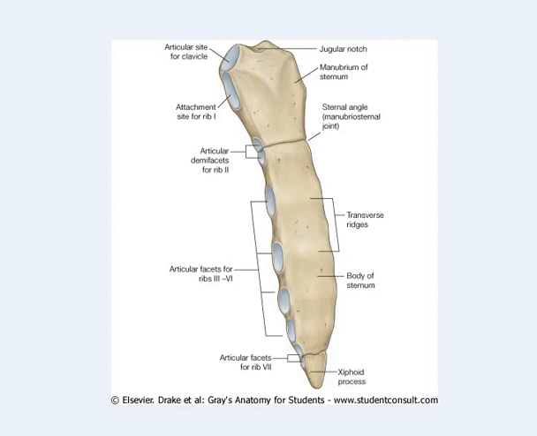Hello students, in the last class we have started the osteology of the thorax and we have discussed the ribs of the thoracic region. Today we will start another bone of the thorax, that is the sternum. Students, you all know that the sternum lies in the anterior median part of the thoracic region, and the sternum is a flat bone. The shape of the sternum is somewhat like a sword.